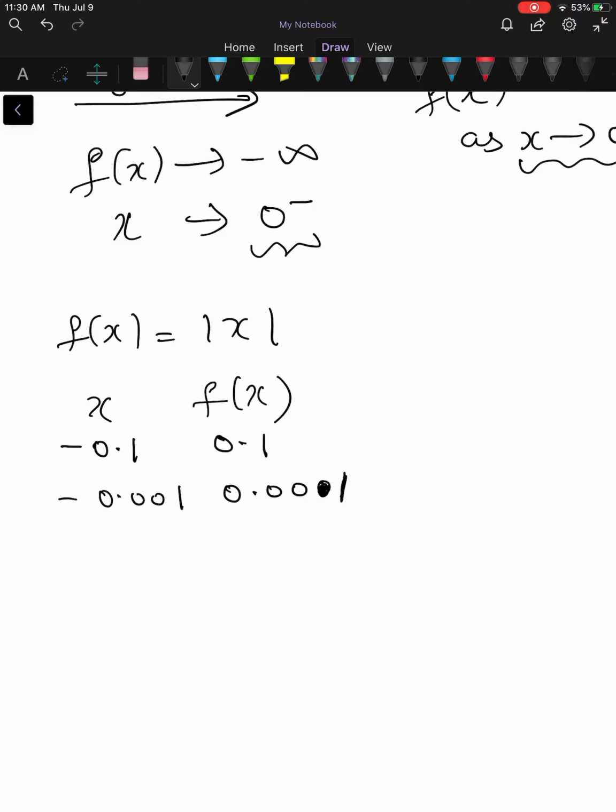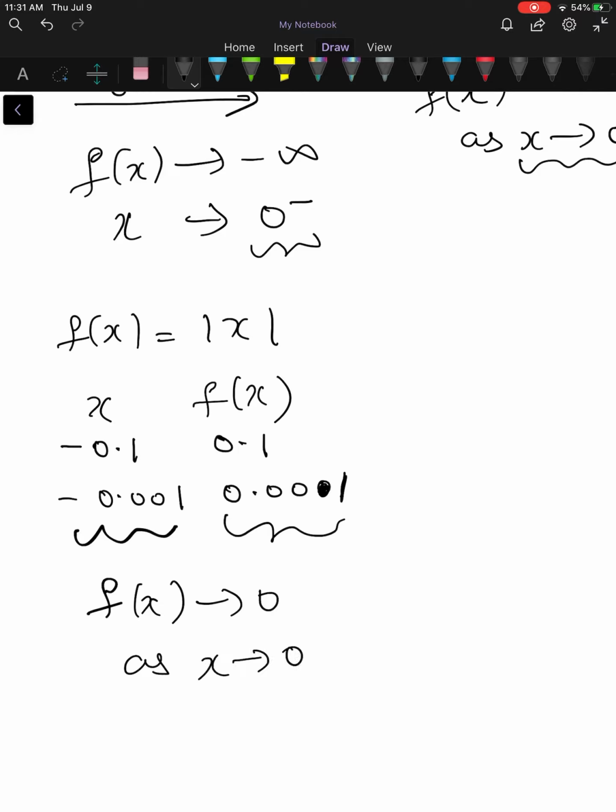And you can see this is nowhere near infinity. The functional values are not approaching infinity, but what they are approaching is 0. As the x values approach 0, functional values also approach 0. So you can write it as f of x will tend to 0 as x tends to 0,